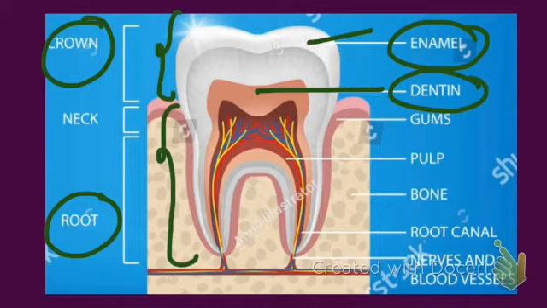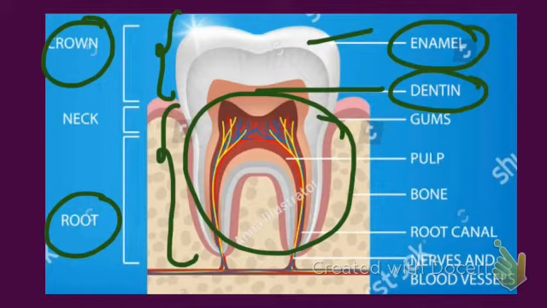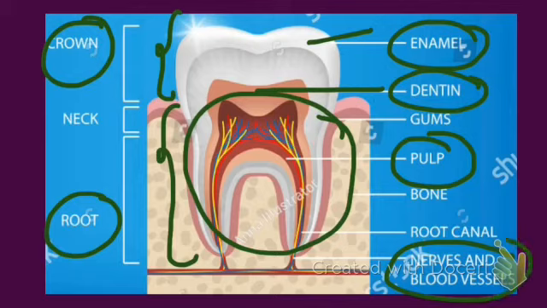Now inside this dentine is the central area or central chamber of the tooth. This part of the tooth has pulp, which is soft and full of nerves and blood vessels. We can see this here. All this red color, blue and yellow color, what are they? They are blood vessels and nerves. And that's why the tooth is alive, as it has a constant supply of blood and is connected by nerves to the central nervous system.